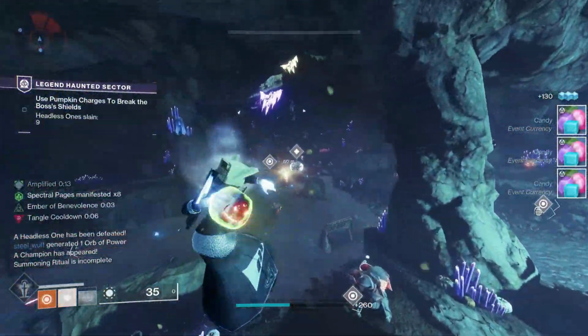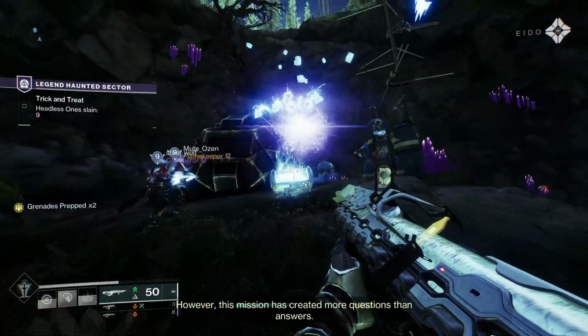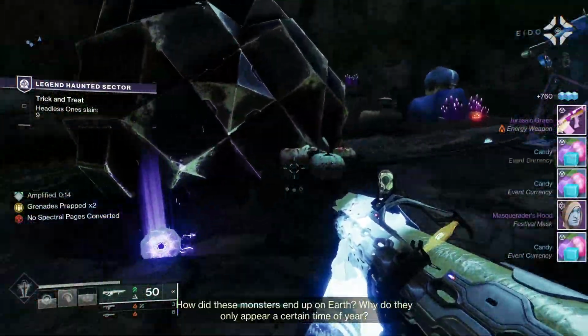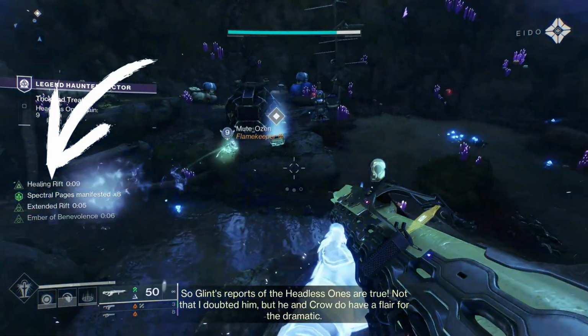Don't worry if you miss, bombs will respawn by the trees for you to use. Then, when you've defeated the boss, a chest will open rewarding you with festival weapons, legendary gear, candy, and manifested pages equal to the number of spectral pages you converted, which you can see as a buff on your screen